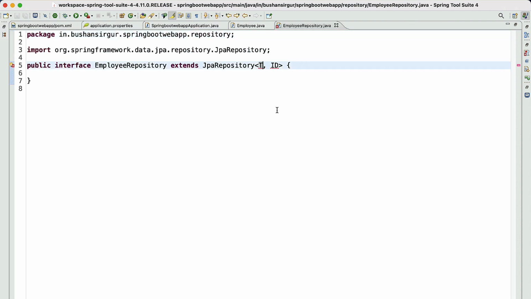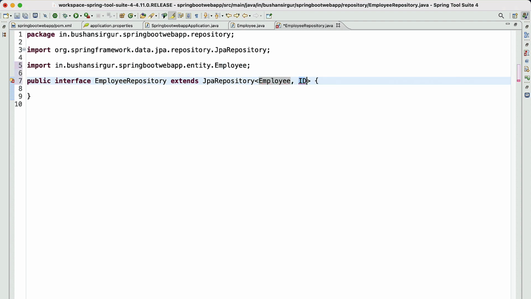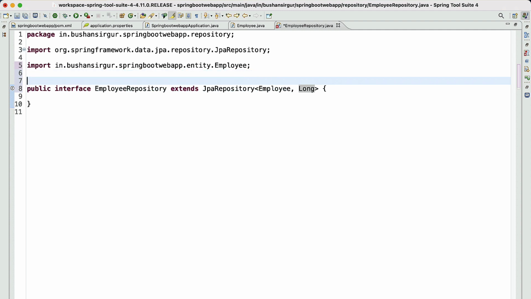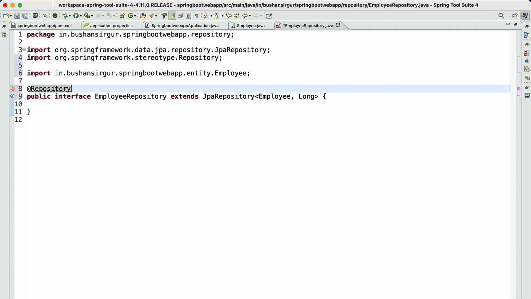We're going to provide the entity name, which is Employee, and also we need to provide the primary key type, which is Long. We will annotate this interface with the @Repository annotation. Let's save this.